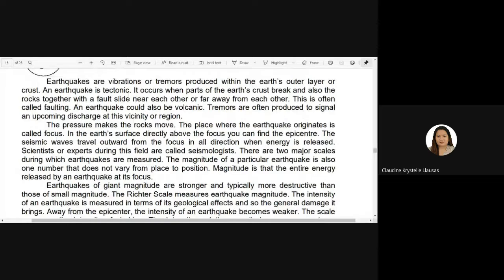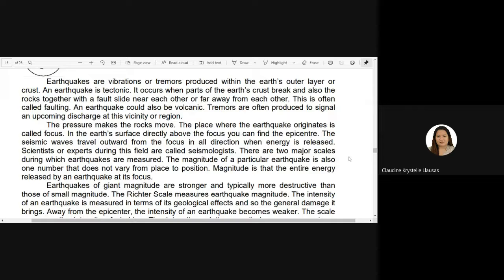Scientists or experts during this field are called seismologists. Okay, everybody say seismologists. Seismologist. Okay. Sila ang mga expert, sila ang mga in charge, na nag-work sa Department of Science and Technology, specifically in PHIVOLCS. Ilang trabaho, they are studying the movement of the tectonic plates. Pag nagalilinog, ilang trabaho, release na sila og balita. Okay, intensity 2, ano nga lugar, ang magnitude sa linog, ano nga oras na hitabo. Okay?